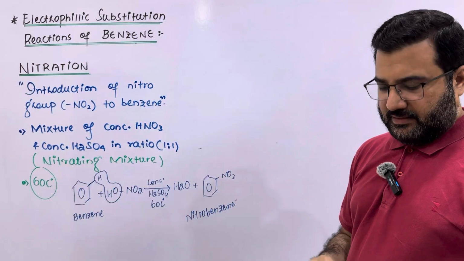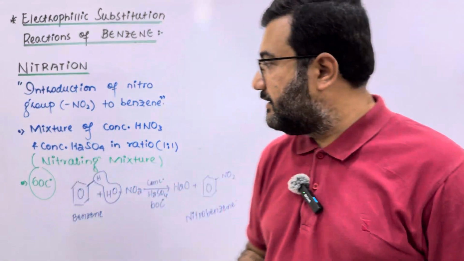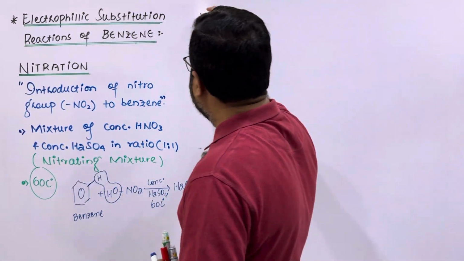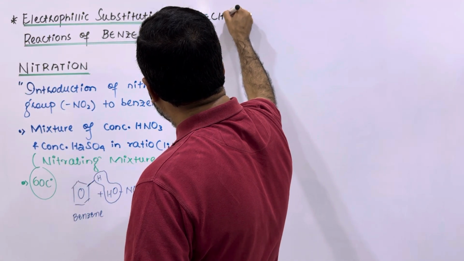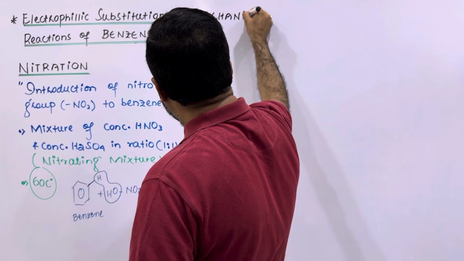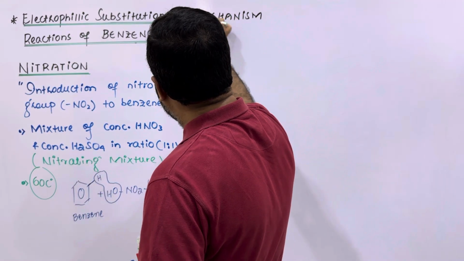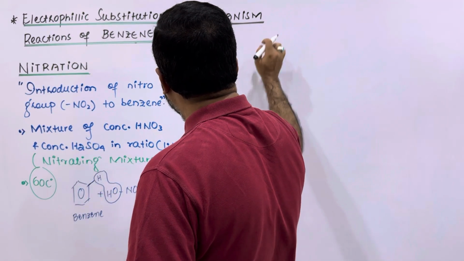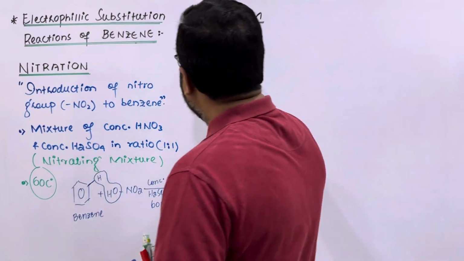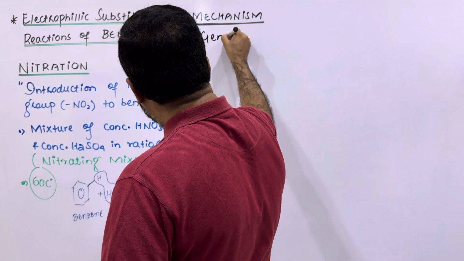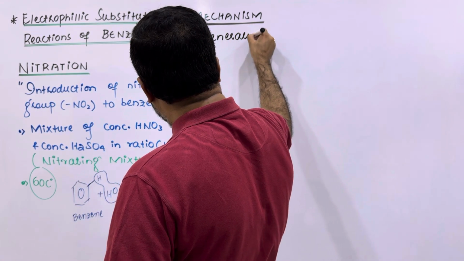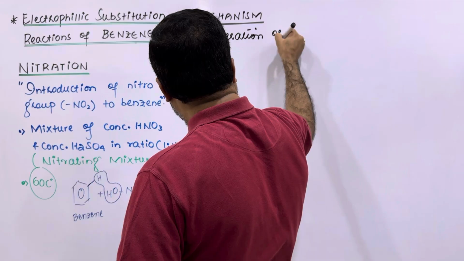benzene. Now let us talk about the mechanism of this reaction. The mechanism will follow same steps as we have already discussed in the general mechanism of the electrophilic substitution reactions of the benzene. Now in mechanism, the first step will be generation of strong